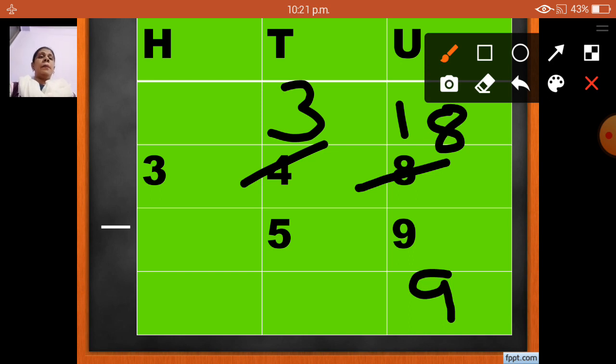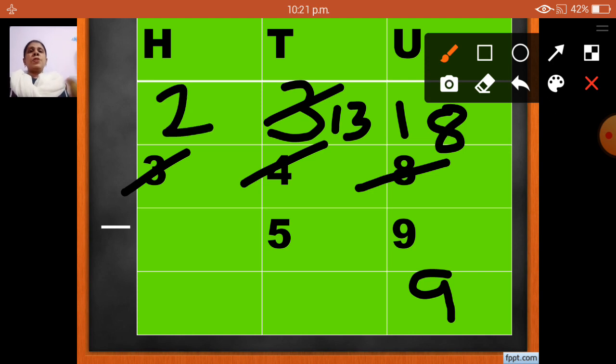Now again here the number is 3 and the number is 5. But 3 is a smaller number. So it cannot be subtracted from 5. So what we will do? We will cut this 3 and we will write it as 13. And from where we got this 1? We borrowed from this 3, that is in hundreds place. And if we borrow 1 from 3, 3 will become 2. Understood? Now subtract 13 minus 5.